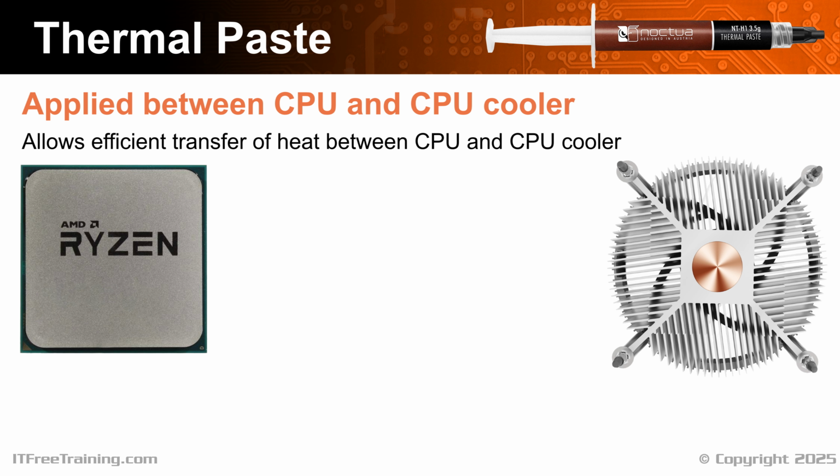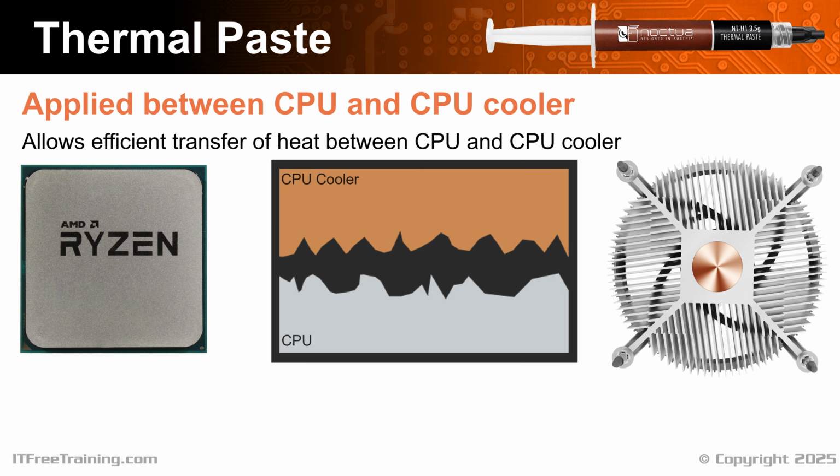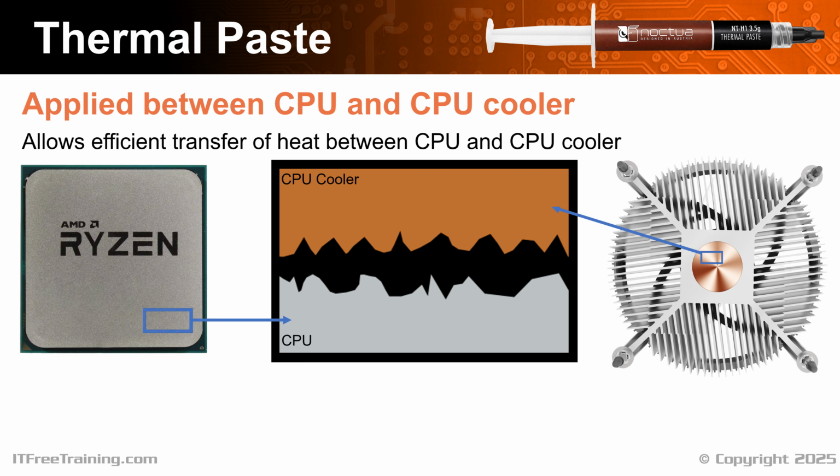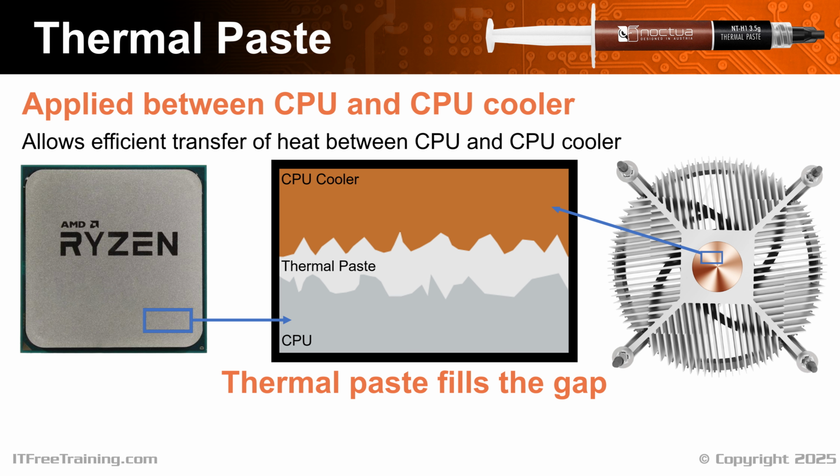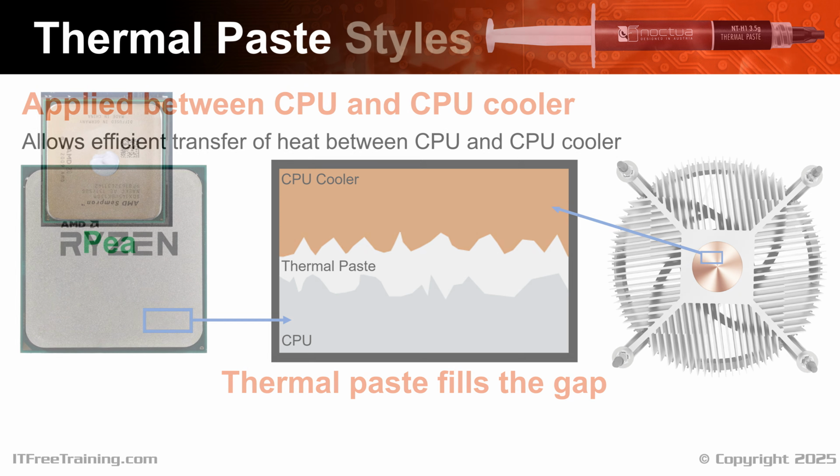To understand why, consider that a CPU and CPU cooler surfaces may look and feel flat, but in reality they have microscopic imperfections that prevent the surfaces making good contact with each other. This results in poor heat transfer between the two. Good heat transfer is important because the CPU cooler is essentially pulling heat out from the CPU and dissipating it into the air. Thermal paste fills the gaps between the two, providing a good transfer of heat between them. Without thermal paste, there's no good transfer of heat, and the CPU will run very, very hot, potentially overheating and failing. Let's now look at how to apply it.